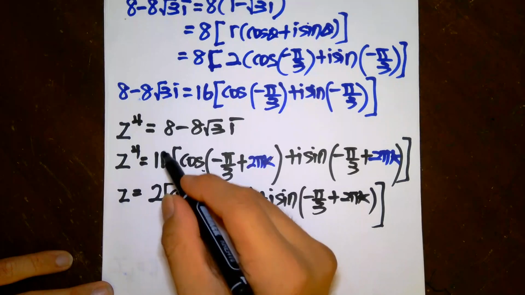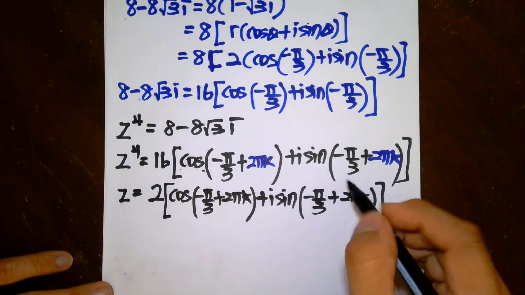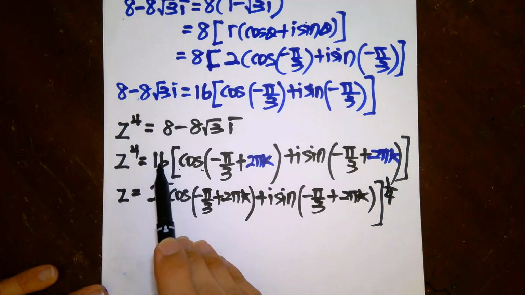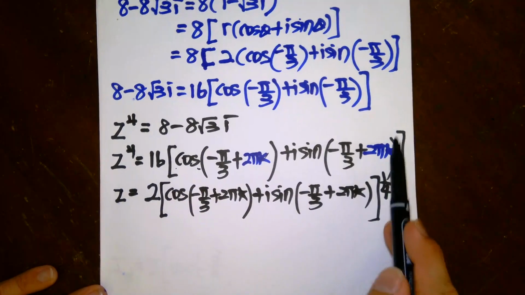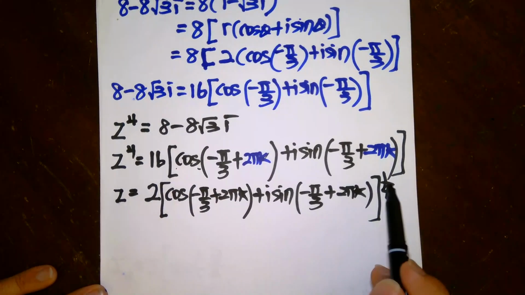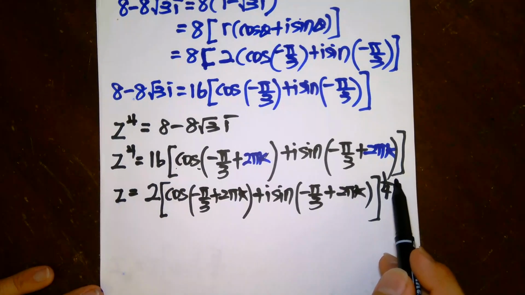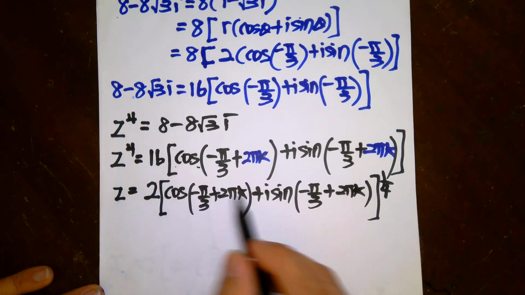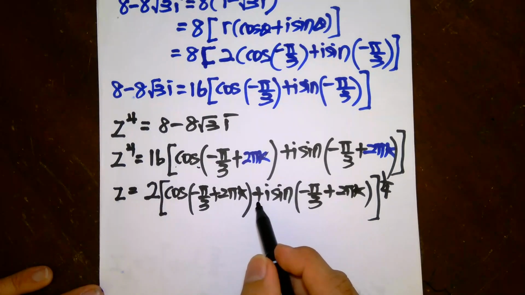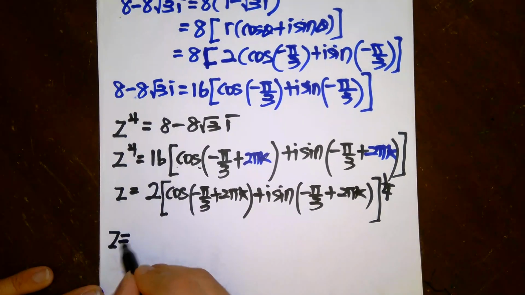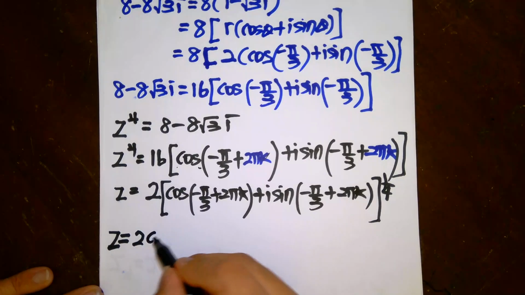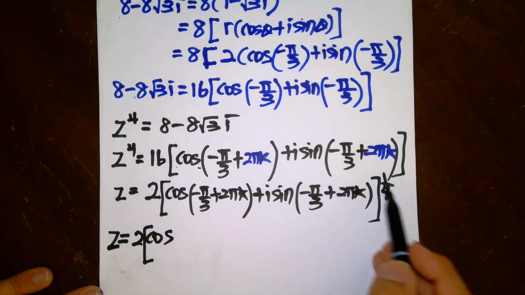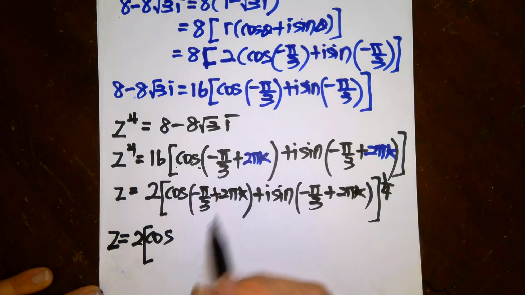Then the 16 to the power 1/4 here will also be the power of 1/4, right? So 16 to the power 1/4 is 2, and this whole thing is also to the power of 1 over 4. So in order to simplify this, I have to apply De Moivre's theorem, right? You can refer to the video where I talk about De Moivre's theorem. So z equals 2 cos,